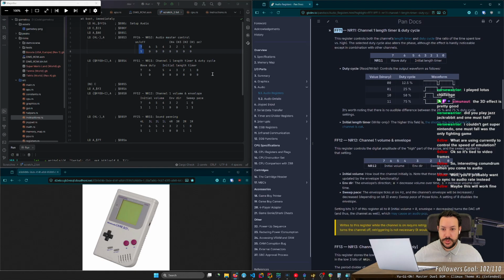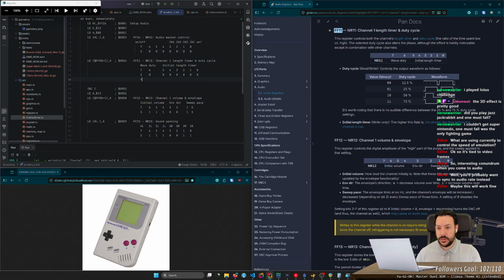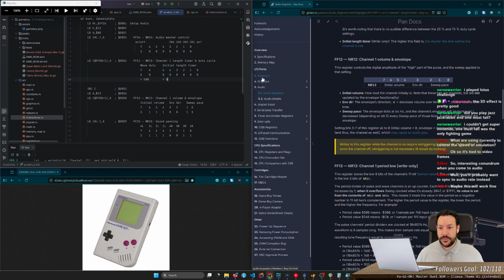The wave duty, which is 50% wave duty, and the timer is 0. Then on FF12, I set the initial volume at max volume. This is like 63? No. 1, 2, 4, 8. This is 15.